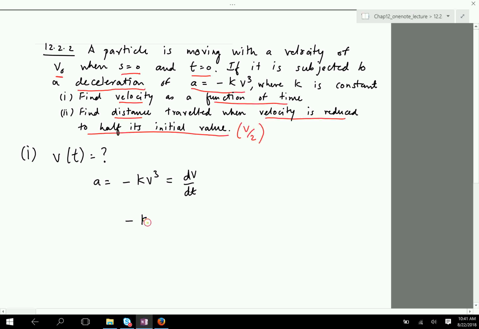So minus k, well, I need to move things around. So I can write dt equals minus dv divided by kv cubed. Right? I just moved this down and dt up with the negative sign. So dt equals minus, pulling the k out,